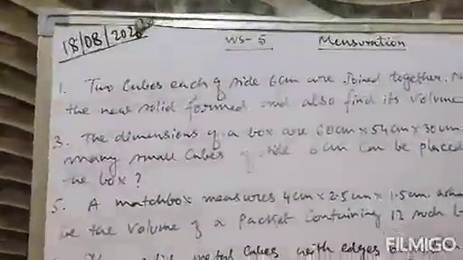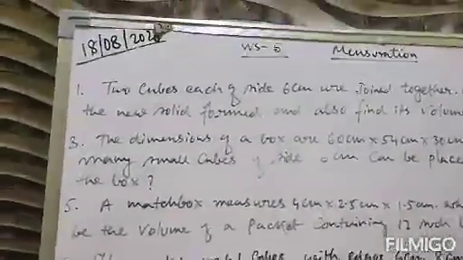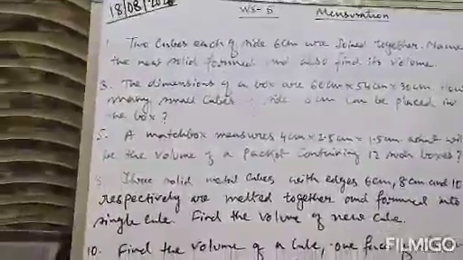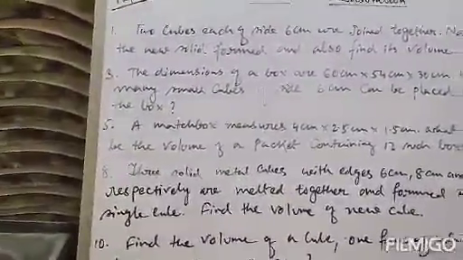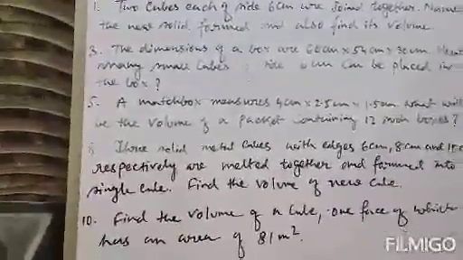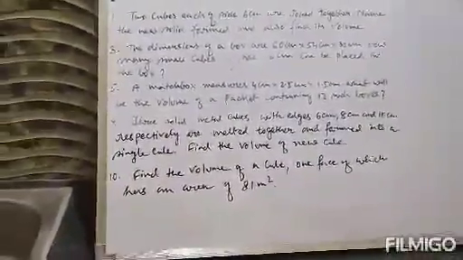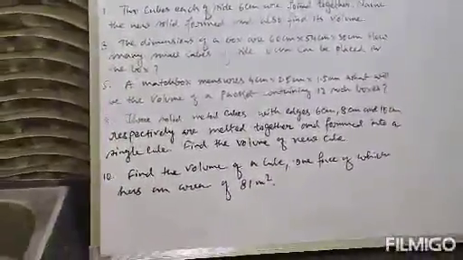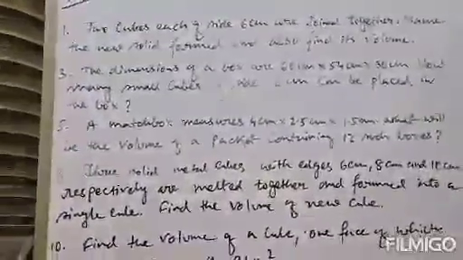This is the fifth session of this mensuration chapter and we will be doing worksheet 5, that is the fifth worksheet, which actually deals with the volume of cube and volume of cuboid. So on the basis of that concept, volume of cube and cuboid, some questions were given here. This worksheet is basically based on volume of cube and cuboid. So we will solve this worksheet on the basis of that concept.